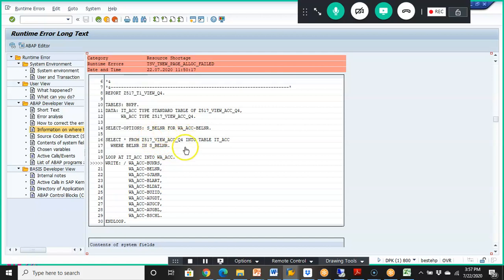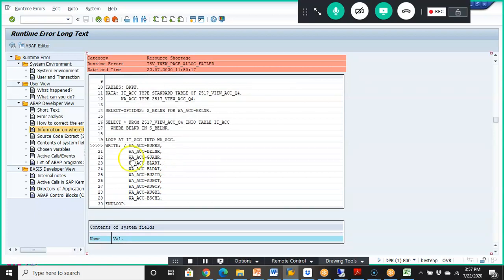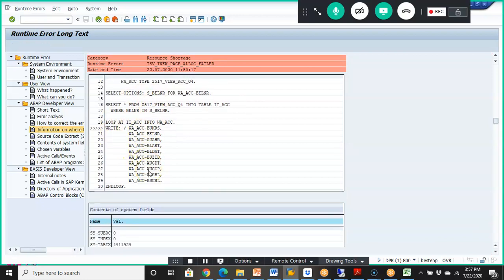Okay, it's a view actually. The user tried to get all the data, and maybe they did not give any input records in the Belnr also. Because of this, there were too many records, and that's the reason the system went into error. Once it enters the loop and the write statement, it throws an error.